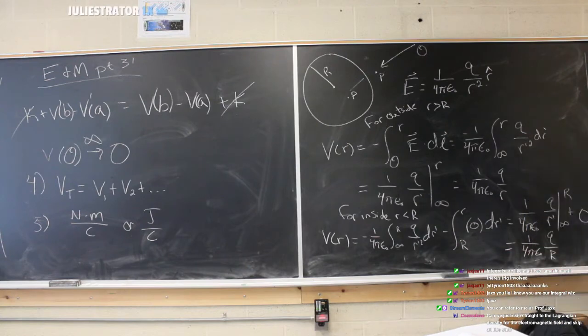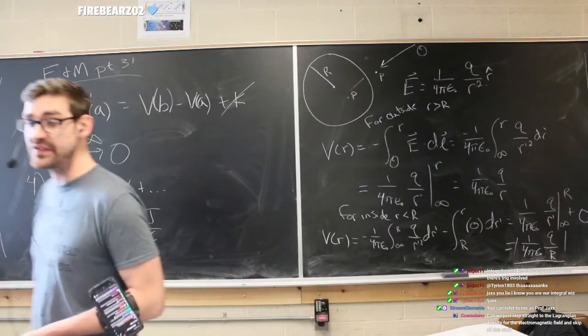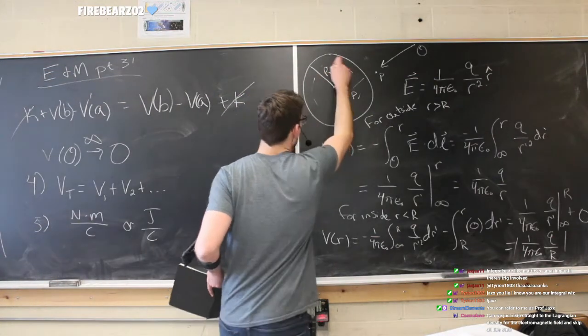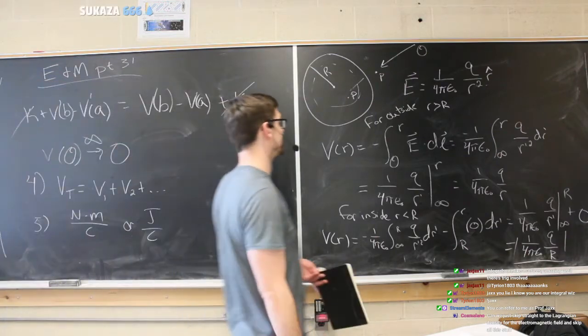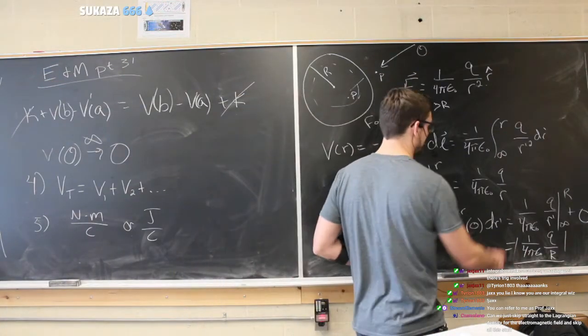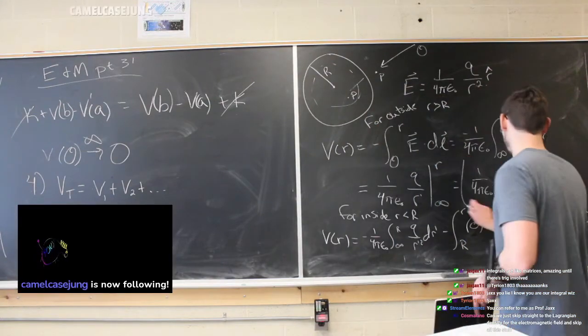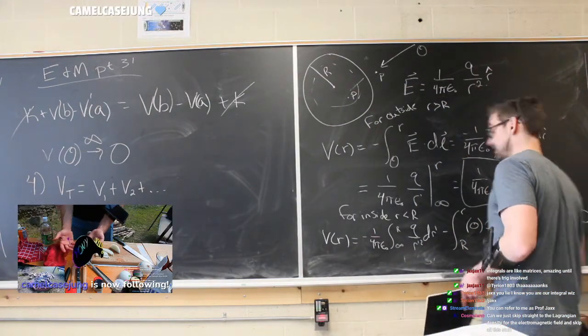Now, this is an interesting result, right? Because this is constant. This r is just the radius of the sphere, so this is constant, which means that the potential is non-zero. Even though there's no charge enclosed inside, it's a zero charge density, but not a zero potential. There is potential there, but it's constant. It's not changing, so I think that's interesting. So here we have our two potentials: one that depends on r and one that is constant.